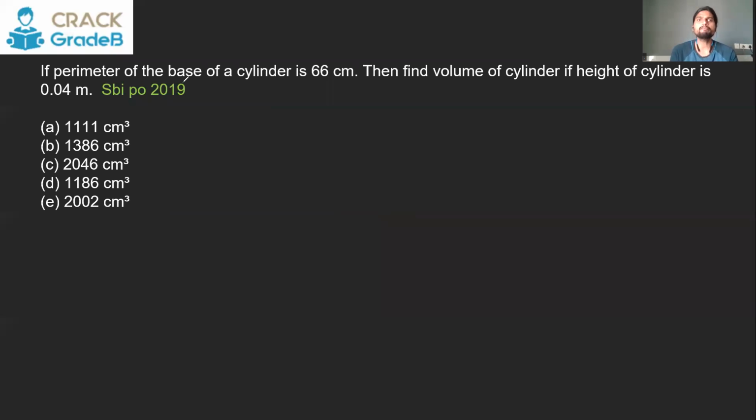Okay. Perimeter of a base of a cylinder is 66. Find the volume of the cylinder if the height of the cylinder is 0.04 meter. So we are talking here about the cylinder. A cylinder is a figure like this. The perimeter of the base of the cylinder is 66. So if you say the height, the radius is r,